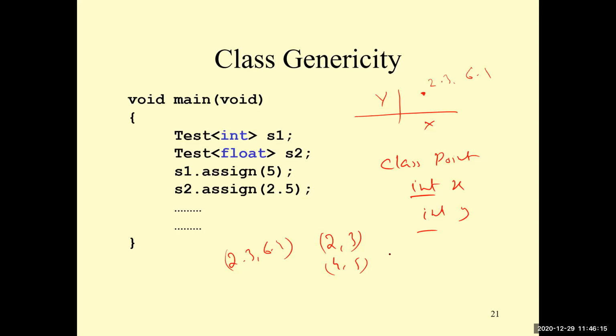So if someone wants the point's x coordinate and y coordinate to be integer, they can use a template, so that the user now has the flexibility that whether their point's coordinates would be integers like (2, 3), (4, 5), or they want very precise point locations like 2.3 and 6.1, right? So you see, the whole idea is making your classes much more generic. So this was all about function templates and class